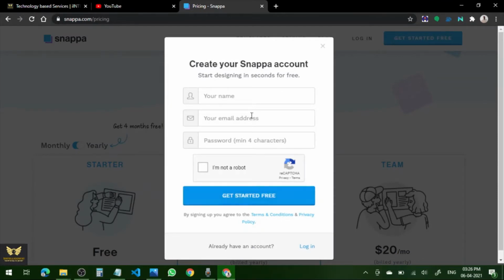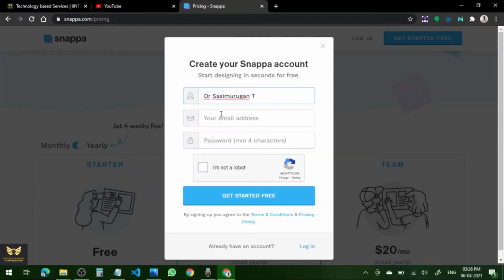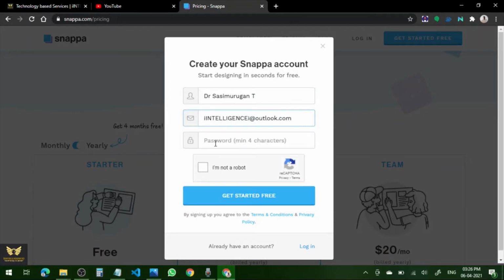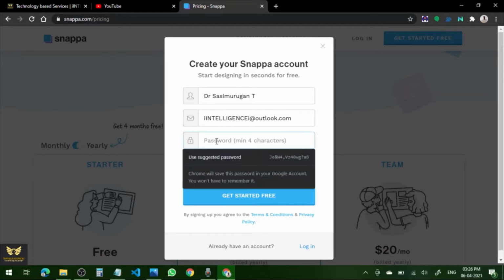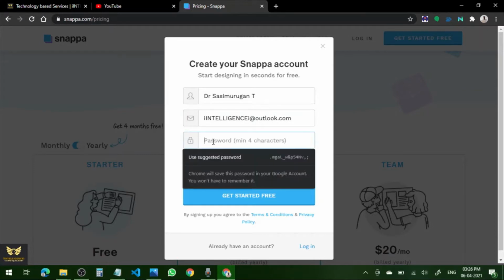Then create your Snappa account. Type your name, your email address, and have a password and store it. Submit all these details in order to create the Snappa account.